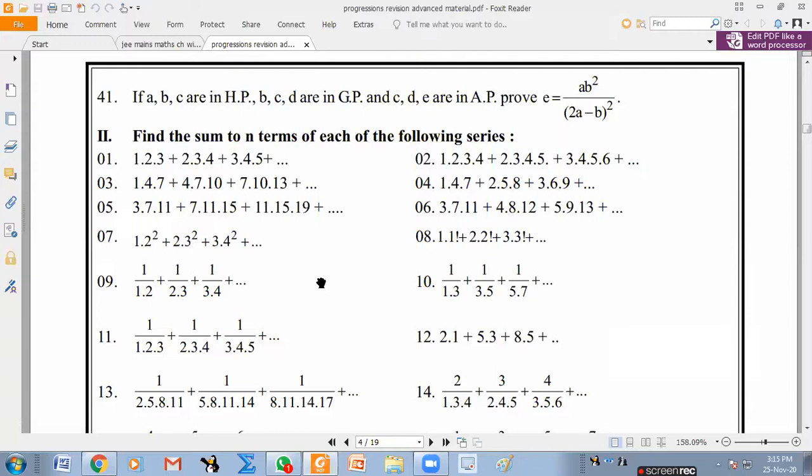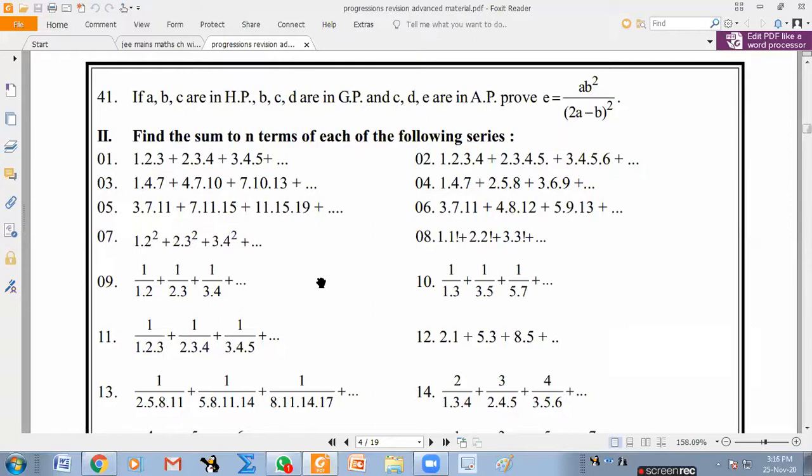All right, 41 done. These method of differences questions are there mostly here, in the next set. But all are not method of differences. Some you have to find the nth term and then the sigma of that. So in this, 1, 2, 3, 5 can be done based on method of differences, but 4 and 6 are not based on that. For 4 and 6 you have to find the nth term and then sigma of that. 7 is also like that. 4, 6, 7 are find nth term and then sigma.